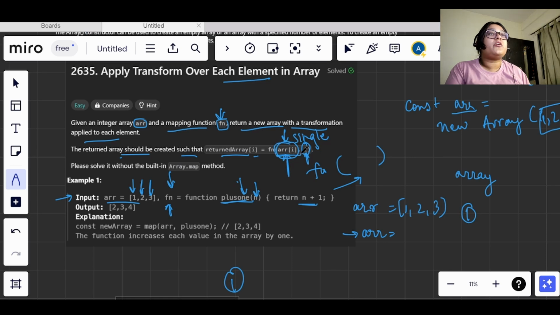Therefore, in order to access each and every element, we will be using a loop, either a for loop or a while loop. We cannot use array.map here, so we have to go with a for loop or while loop. Here I will be going with a for loop.